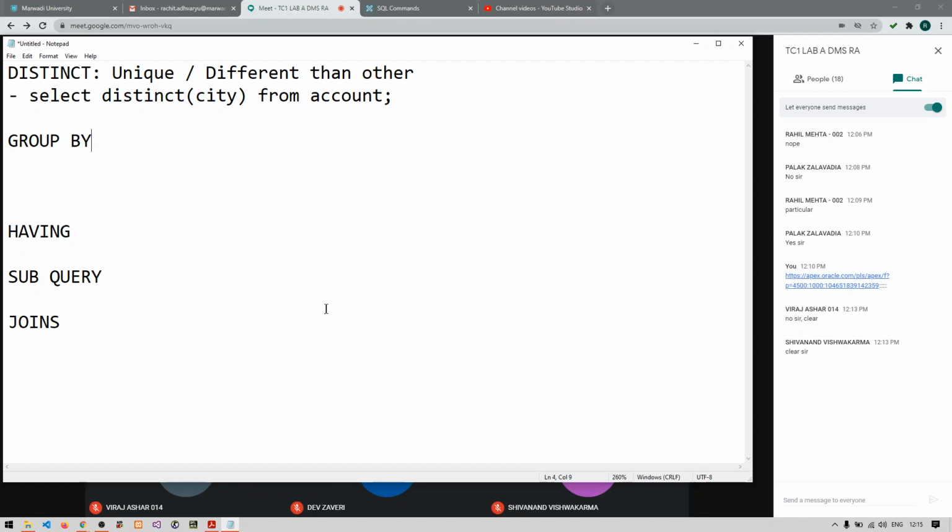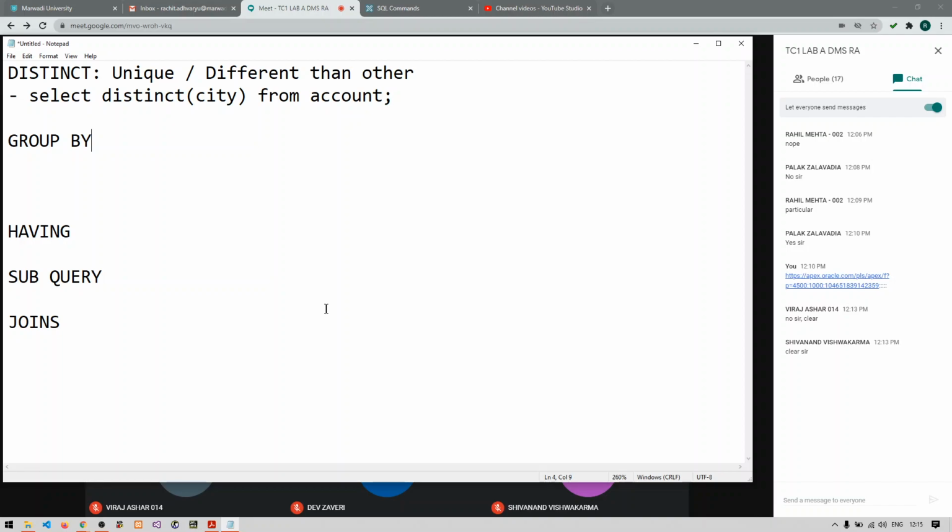You are collecting the similar type of data into individual different groups. Clear first of all what I am saying? Group by in SQL means you are collecting the same data or same values of the table into different individual groups based on the values.